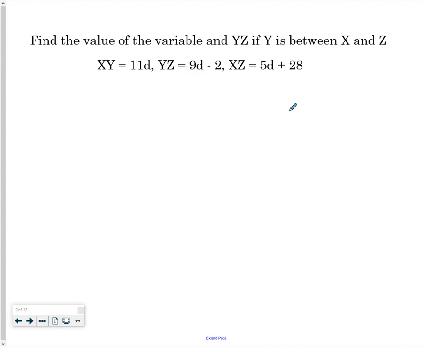So basically what that means is they didn't draw us a picture like they did on the other ones. In geometry, if there's no picture, you need to draw one. It makes it a lot easier, okay? So we're going to go ahead and draw